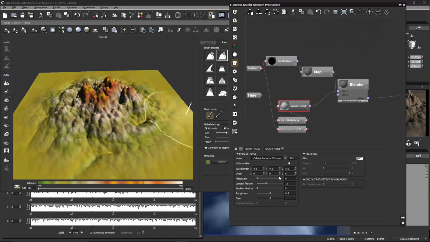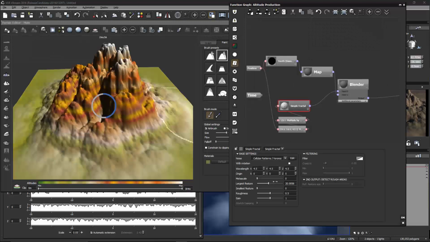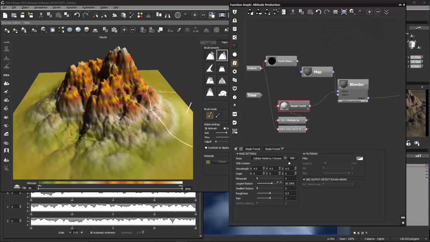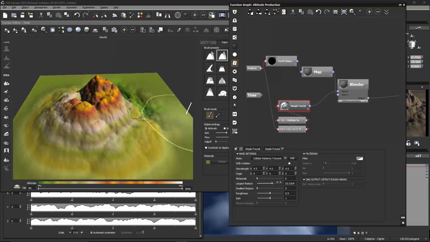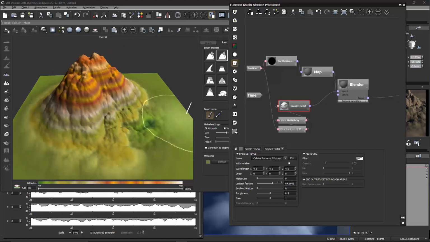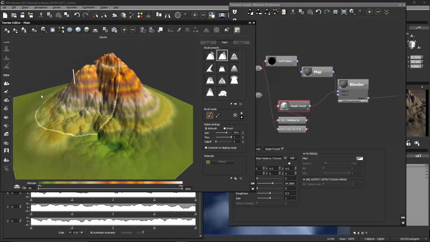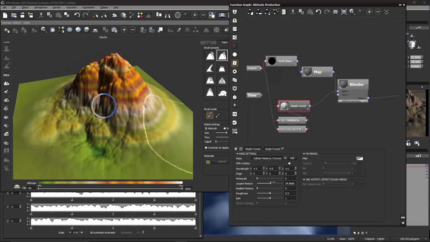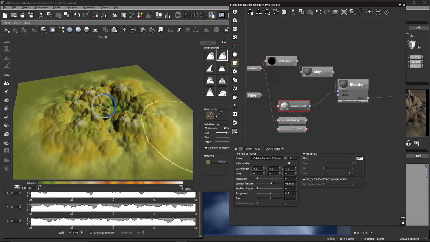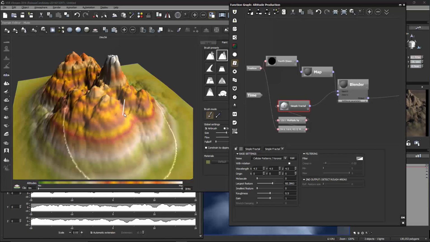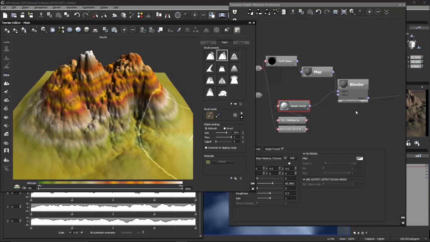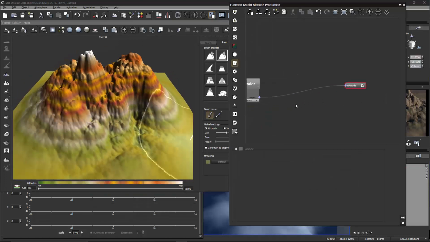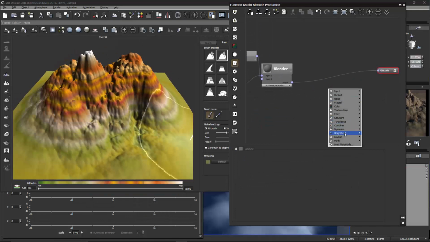Okay, so I'm going to just tweak that a little bit. Change our scale. And maybe a little smaller. That should be alright. Okay, so if we right click and go to Heightfield, we've got a bunch of options